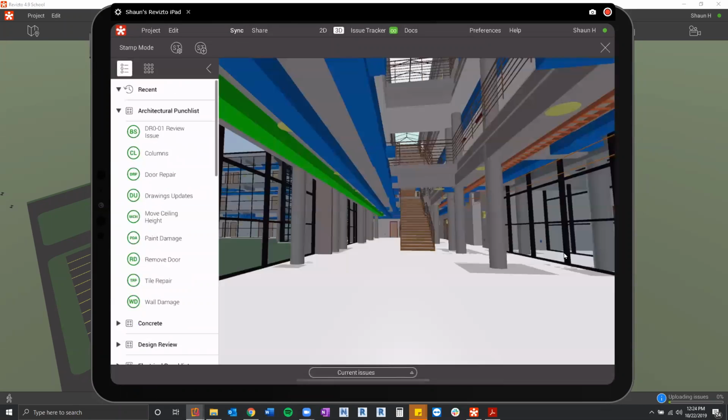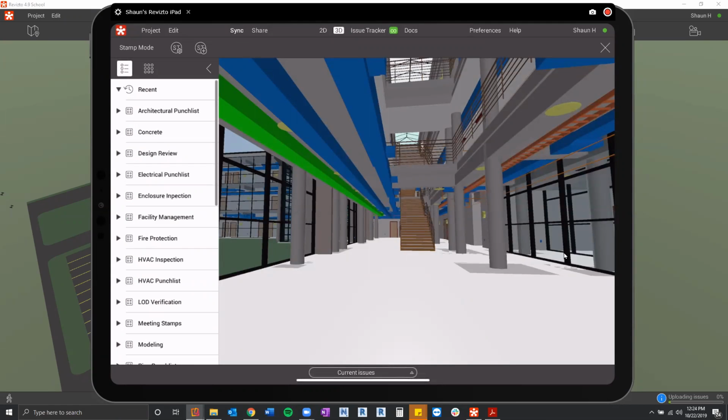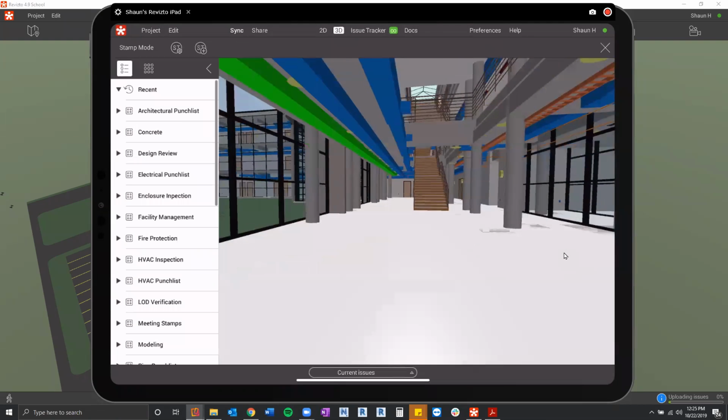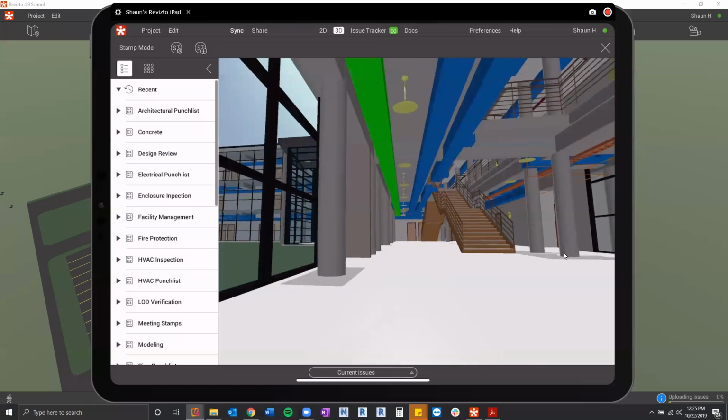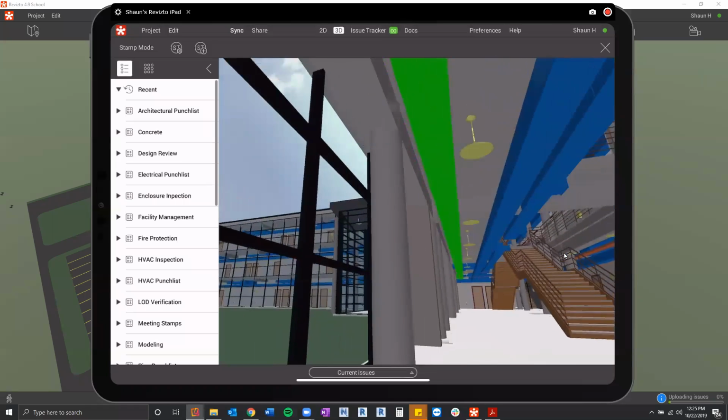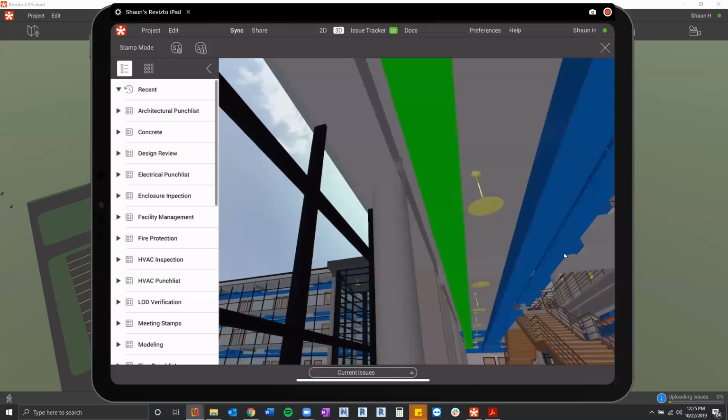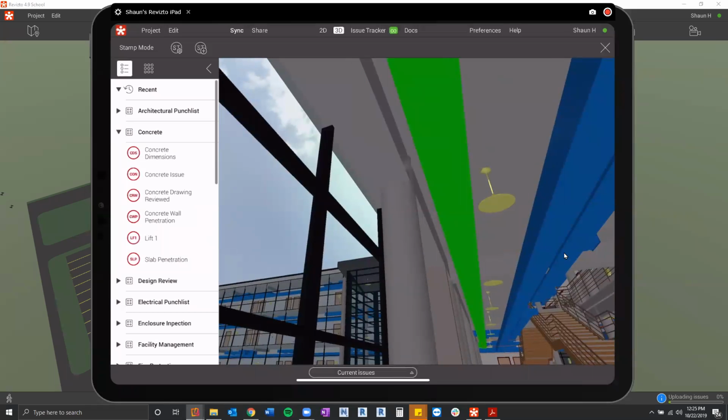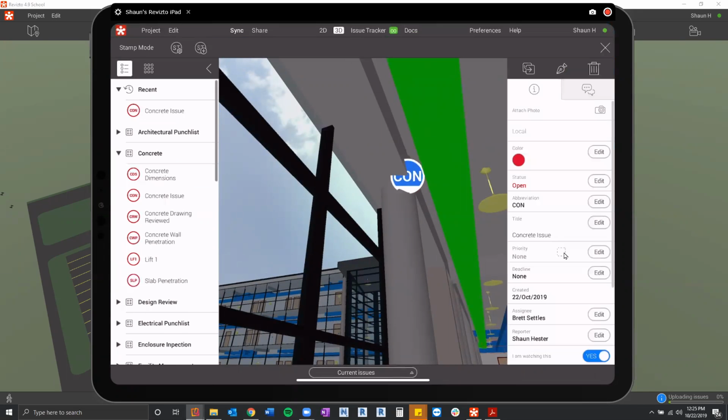But if I go back here, the stamps work so well for taking photos on the project, for documentation of things that are coming up or things that might be wrong on the project, right? So let's just say if I shoot over here and I'm focusing on this column and this beam that we have here. I'm going to go to concrete, and I'm just going to say that there's a concrete issue right here. Okay. Now within the stamping tool on the right-hand side, you're going to see the ability to take that